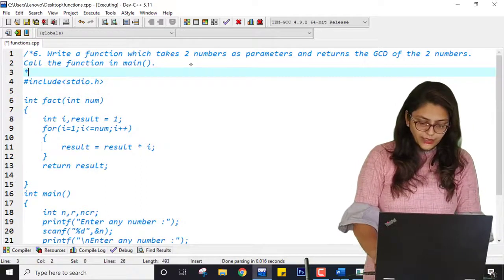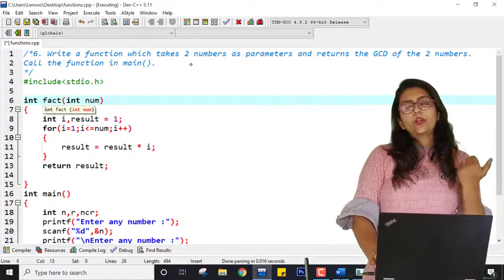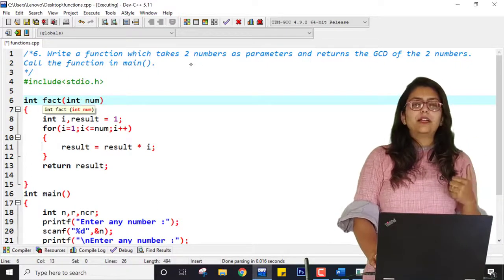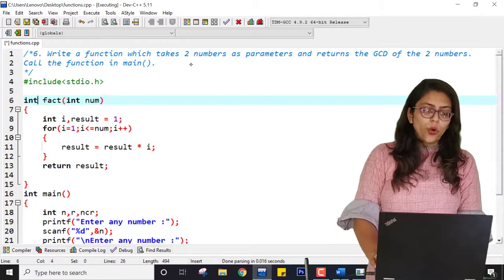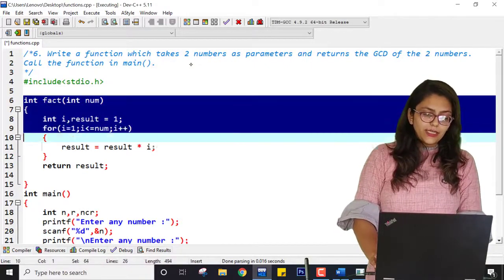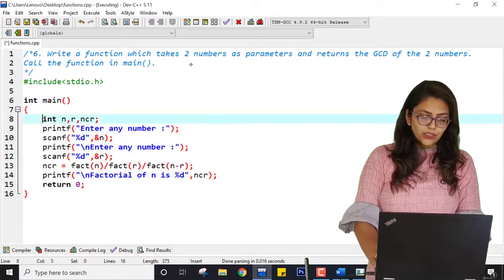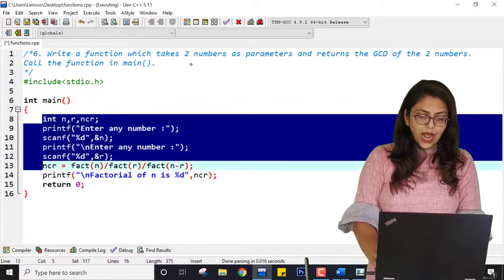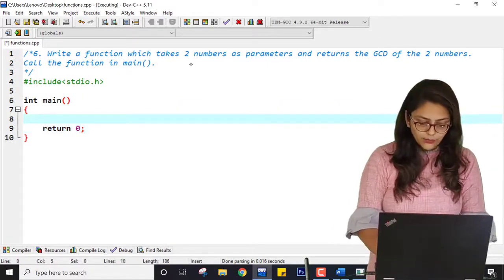Now the last practical is you have to take two numbers from user and find the greatest common divisor of both of these numbers. So the common divisor which is greatest, you have to find and print. So first of all I should know how I can perform this program even without using function. How can I perform this program?